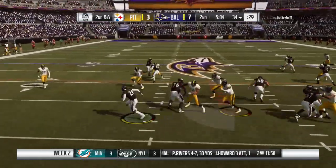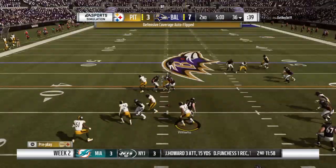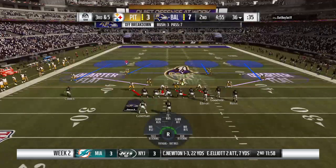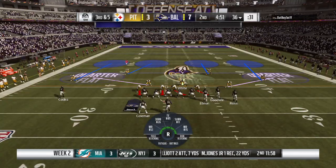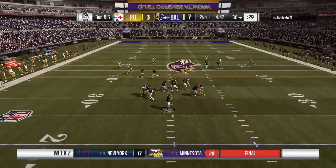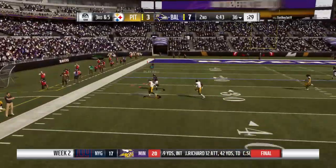They'll run it now out of the gun. And the hole closes quickly. He gets it across the 35 to the 36-yard line. Bringing him down defensively, Jayon Brown. I know the scouting report on him is that he doesn't possess the eye discipline to be an elite linebacker. What that means is his ability to read, react, and make a play. But on that one, he looked like...